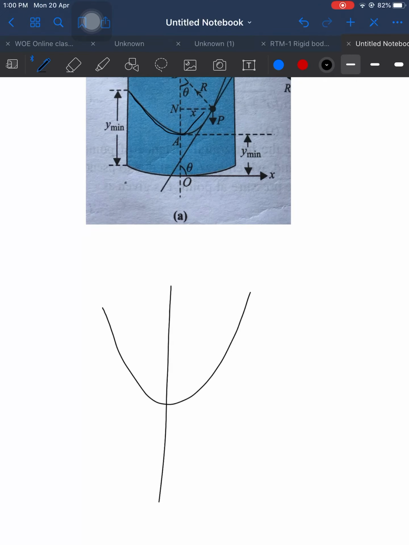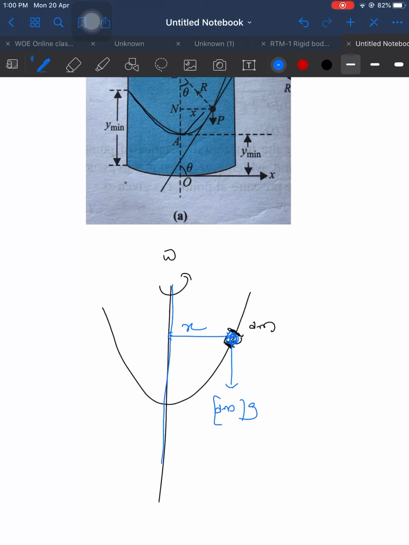Okay, it is rotating with angular velocity omega. Consider any small amount of mass. Okay, I am considering this small amount of mass. How many forces can act on this body? The gravitational force can act on the body, in which direction? Downward direction, dm into g, and it is at a distance x from the axis. This is the axis of rotation.